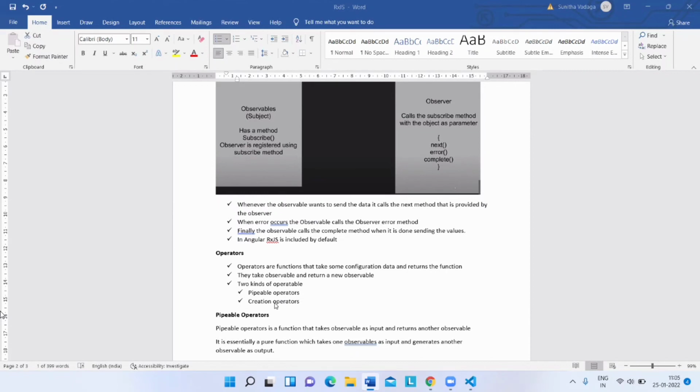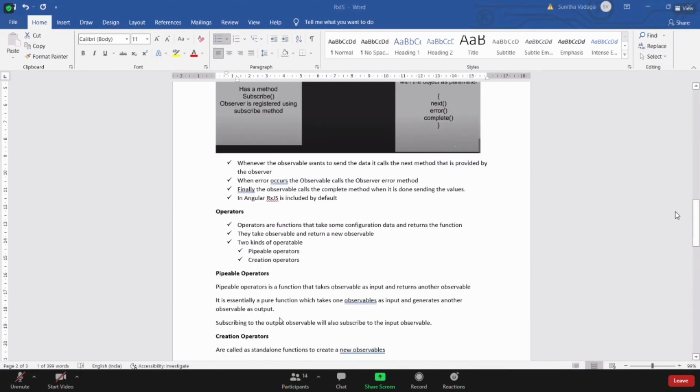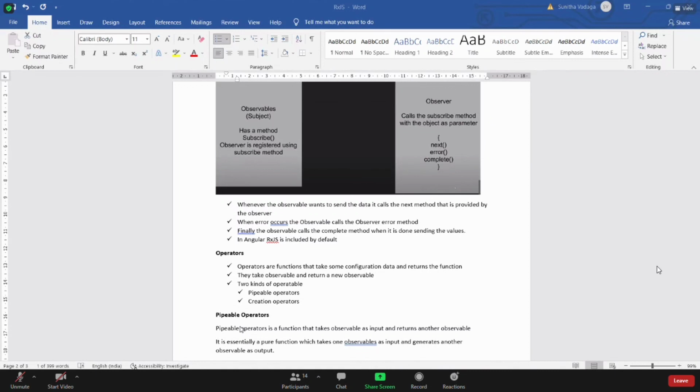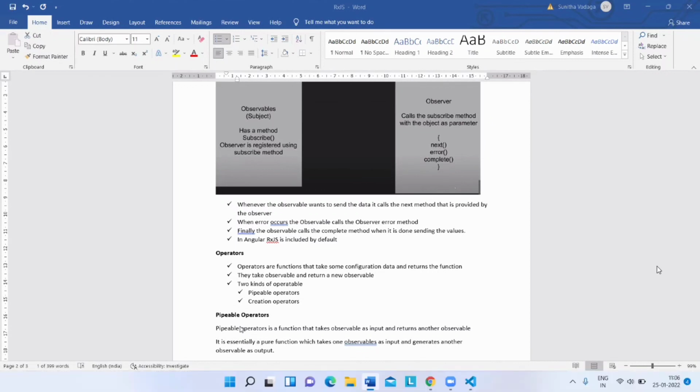Creation operators are used to create observables. Pipe operators are functions which take an input observable and return another observable. So you use a pipe operator to take the input, and the return value will again be an observable. That is where you will be using pipe operators. For this, there is a huge number of operators. So what you need to do is